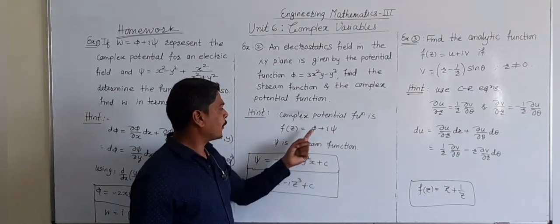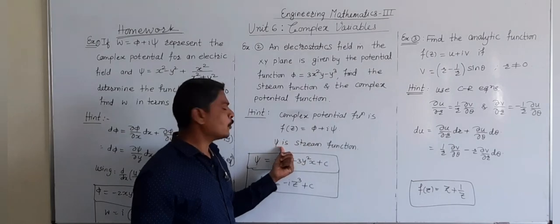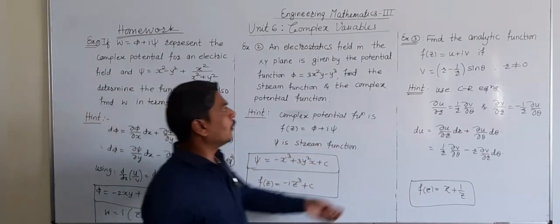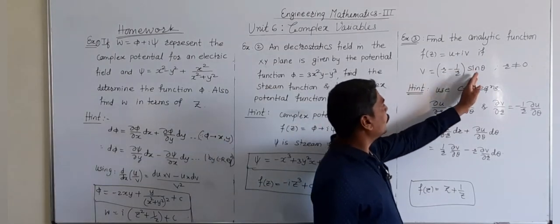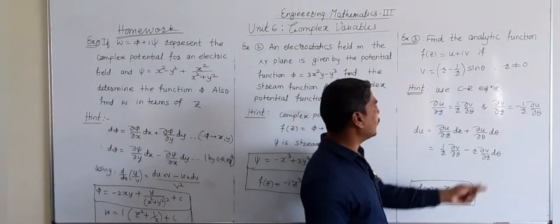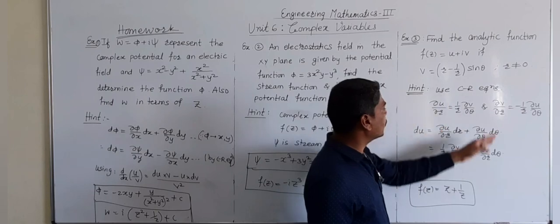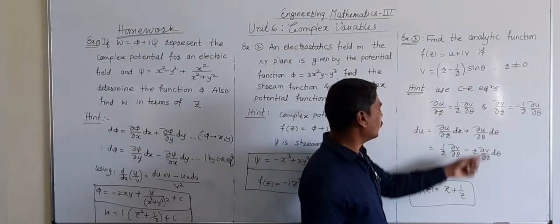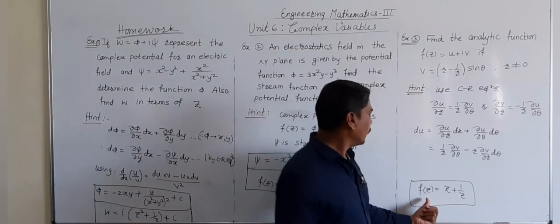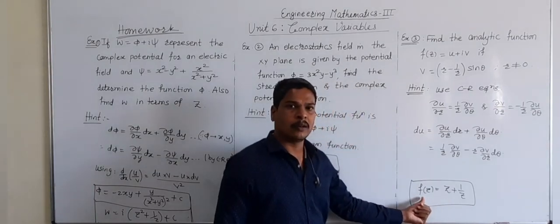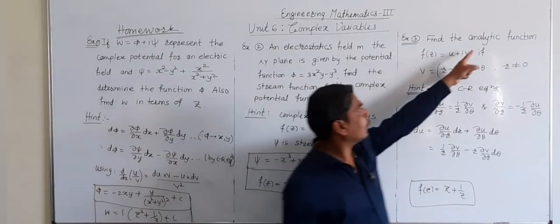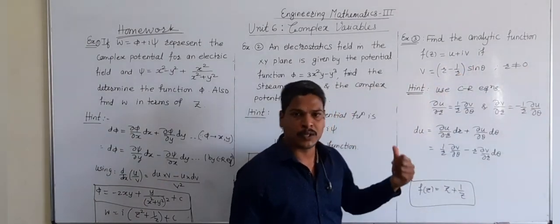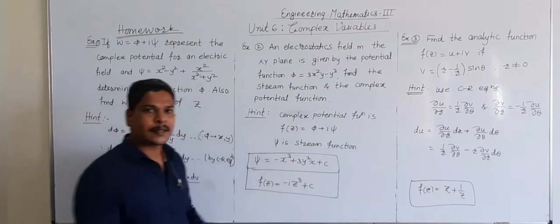First of all we have given phi and our requirement is to find psi, that means a stream function, in the same way. And this is the given function u in terms of polar coordinates r and theta. We can easily solve this example also by using CR equations, okay, in terms of r and theta. And finally, by Milne-Thomson's method, write f of z, which is our final requirement, analytic function f of z in terms of z. Okay, so try to solve this example at home.